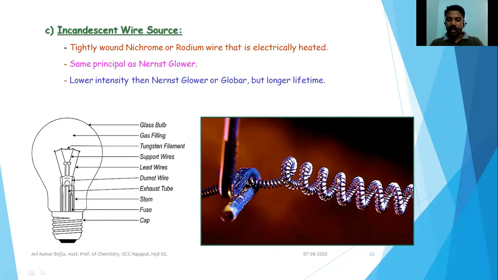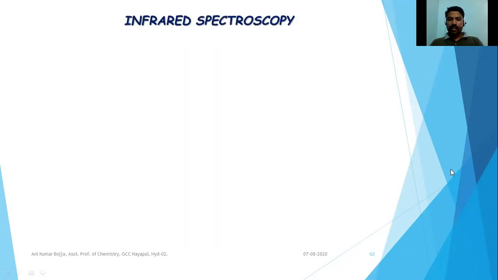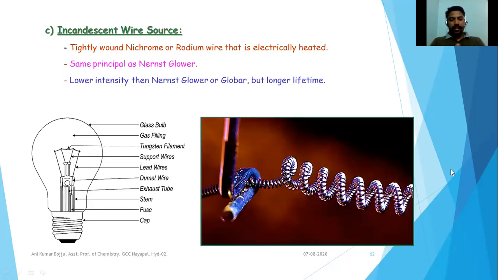Heat, light, radiation, they are the same. So the radiation energy will be in the region of infrared. This is the information I would like to speak about in this class. I think it is clear to you all. So we have learned about the light sources used for the production of the infrared region of light in an infrared instrument, the IR spectrometer. Three types of light sources are there: one is the Nernst glower, the second is the globar filament, and the third is the incandescent wire.